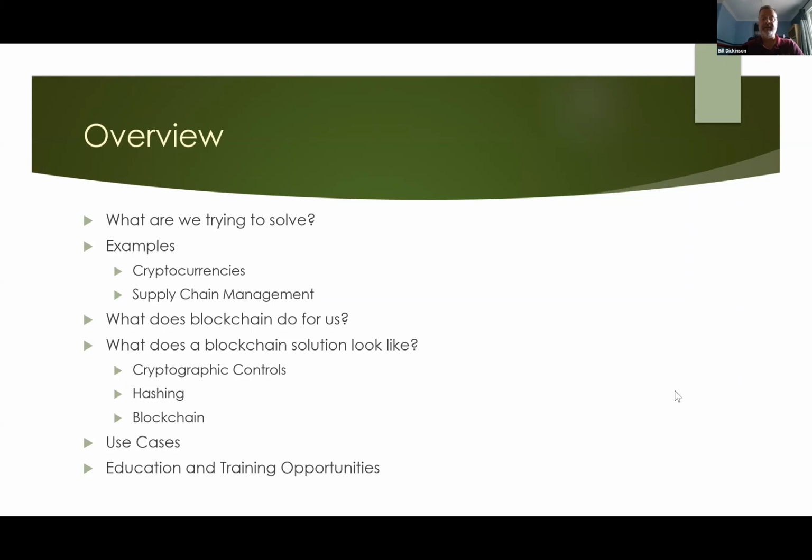We will then get into the follow-on question. Now that we know the type of problem we are trying to solve, what is it about blockchain that makes it the right approach for solving that problem? A high-level answer to this question is pretty easy to state, but to provide the reasoning behind the simple statements will involve going into the actual technologies a bit. So we'll talk a bit about what those technologies are, how they come together to provide a comprehensive solution, and then get into the key technologies behind blockchain itself. That is the use of certain cryptographic controls to create a blockchain.